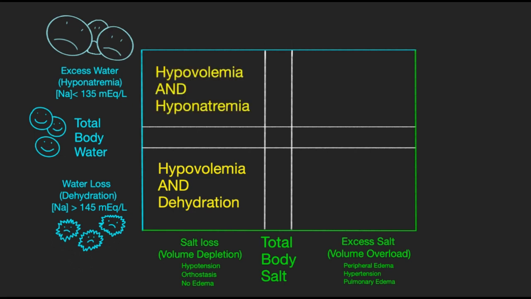Next, you can have hypovolemia and hyponatremia. And so think about it. This is a patient who's had total body salt depletion, so they have volume depletion, but they have excess water in relation to all the solute in their body. And so this is another common admission, and this tends to be any patient who's had some issue with total body salt depletion. Let's again say someone with diarrhea in the community,